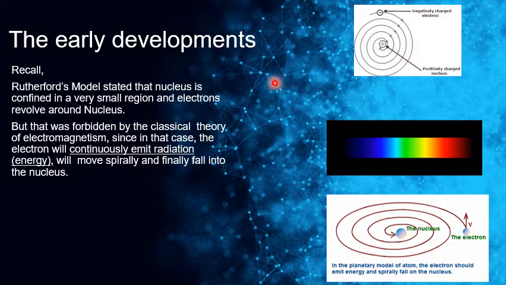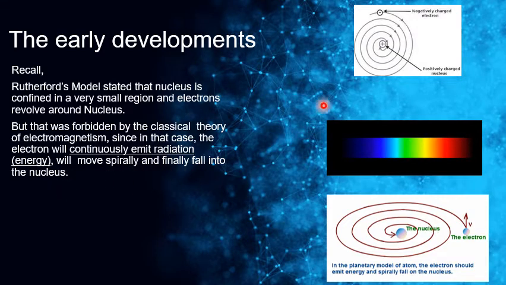Now, you would have learned in your ninth standard that Rutherford, after his famous gold foil experiment, arrived at a model which stated that the nucleus is confined in a very small region of the atom and electrons revolve around that nucleus. But it was forbidden by the classical theory of electromagnetism, since in that case the electron will continuously emit radiation, or we can say it will continuously lose energy and will move spirally, and ultimately it will fall